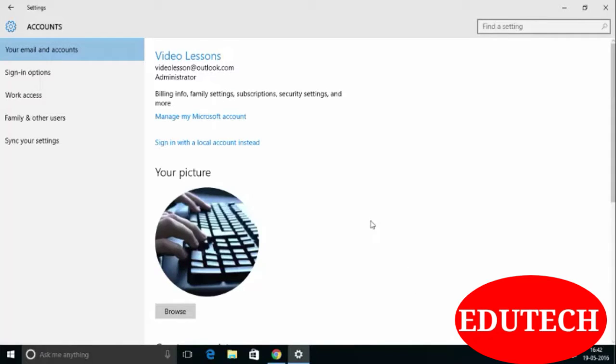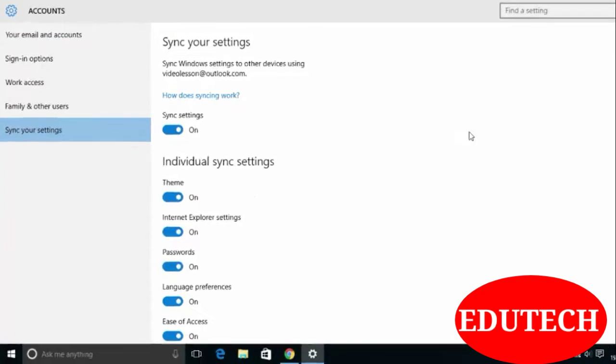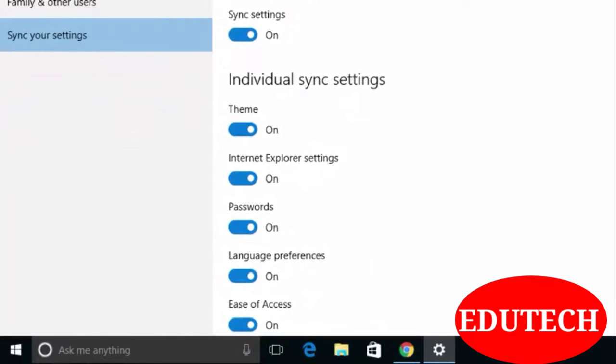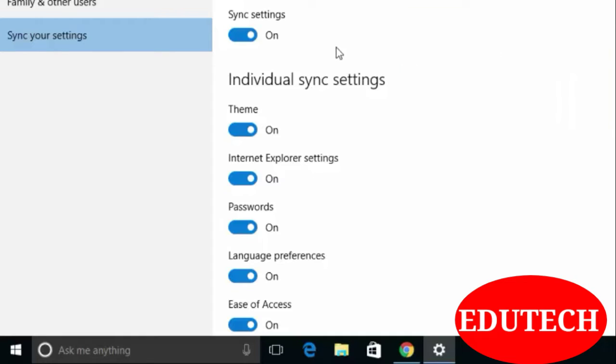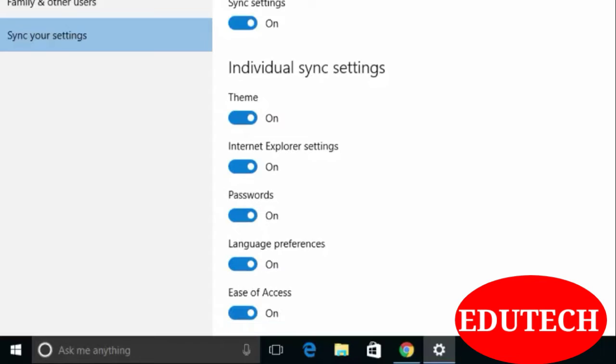Now let's see some sync settings. Sync settings can be used when you are using multiple Windows devices. It will sync all your data and all your configuration settings to all the devices you are using. Here you can specify what kind of settings you want to sync. So you can see Sync Windows settings to other devices using this particular account.